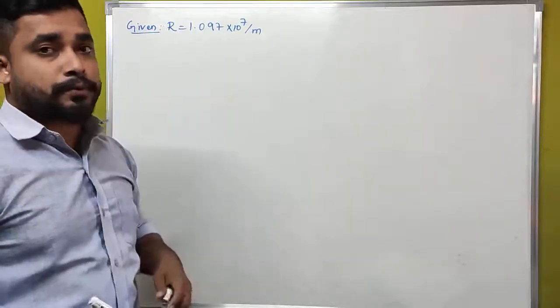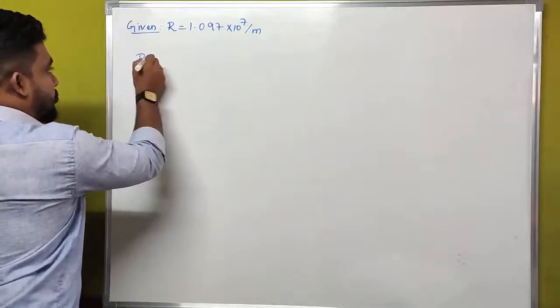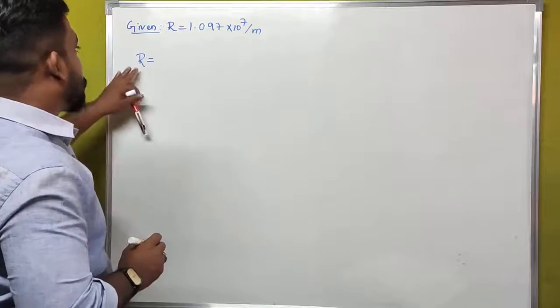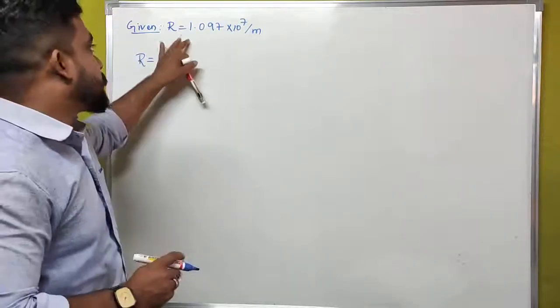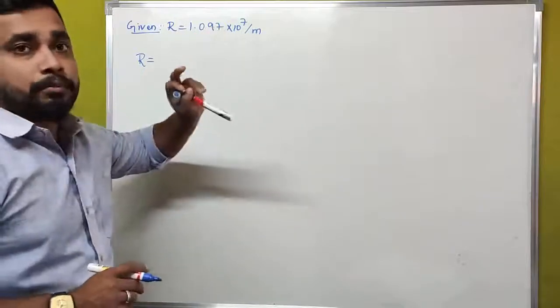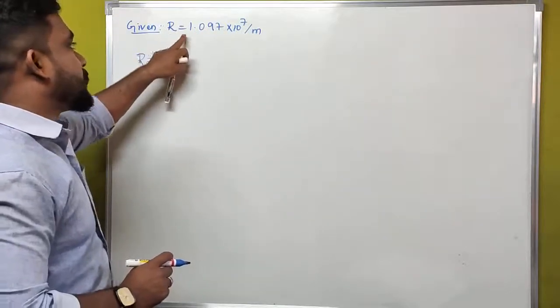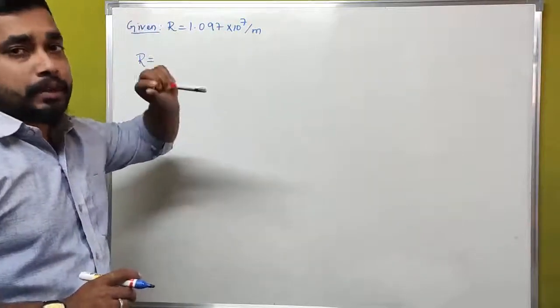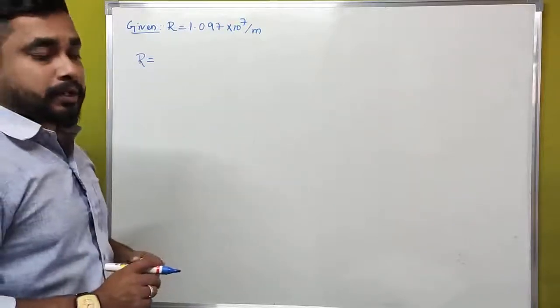Actually, what is the expression for the Rydberg constant? Capital R is equal to... Actually there is no need of calculating this term, we should just know this value, that is more than enough. But we should know how we have got the value of the Rydberg constant as 1.097 into 10 to the power of 7 per meter. That is why I am going to explain the concept of the Rydberg constant.